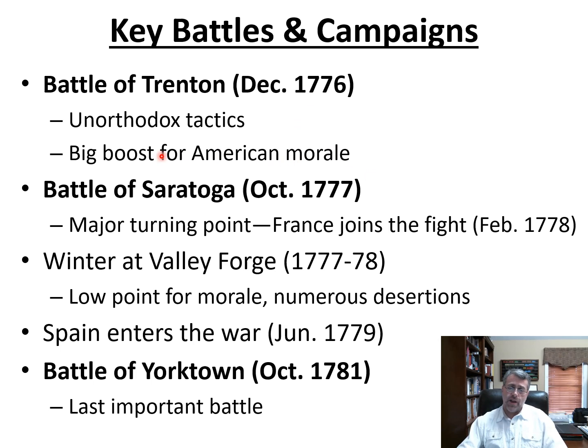In the interim, of course, after Trenton, there'll be a couple more minor victories for the Americans. Some harsh setbacks early in the fall of '77. The British will take Philadelphia, so our Continental Congress will have to relocate and reconvene in another city. So Philadelphia is kind of a symbolic loss there. But so we have some more setbacks. Things are going to turn around for us again in